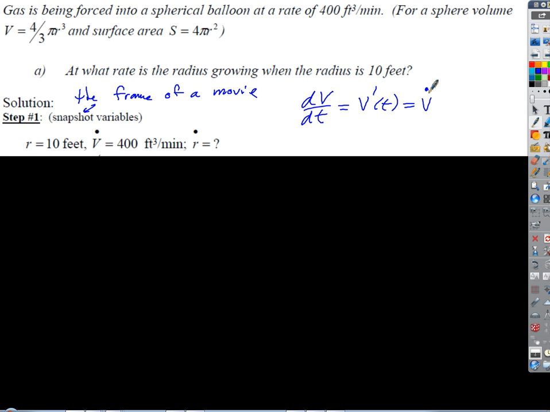So that summarizes this information right here. Let's kind of color code this. So our 400 cubic feet per minute is right there, right? And I added the units, but once again, we could even forget the units. The R equals 10 is right there, right? And then what we're looking for